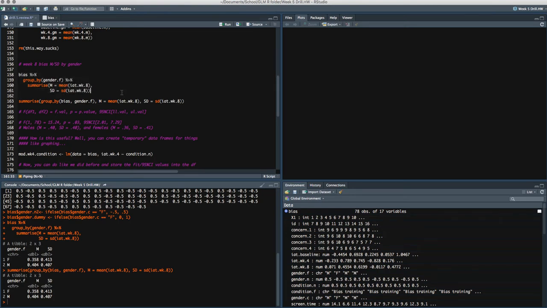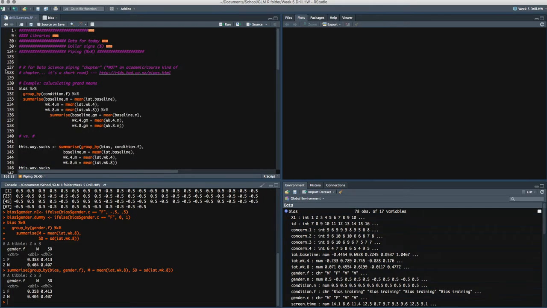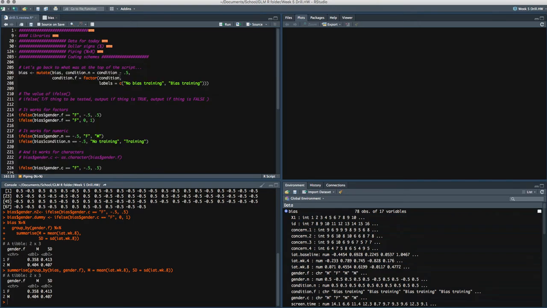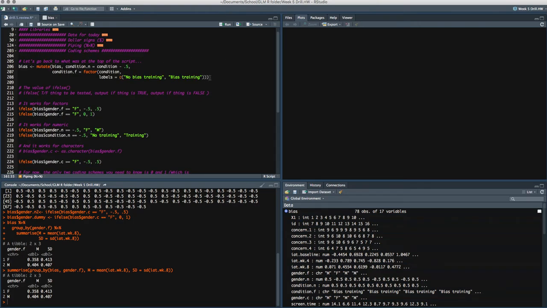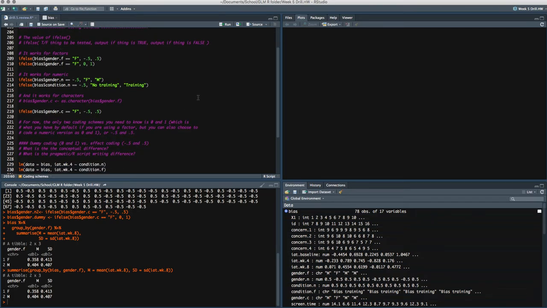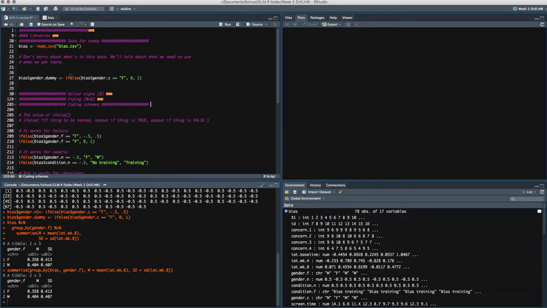So moving on from this piping stuff, I'm satisfied with what we have there. For our coding schemes, I don't think we really need anything. You can avoid using this altogether. I'm just going to delete that out. Look at when you import your data from the start again. After you do this, check your structure and see what your things are labeled as. Recode them if you need to,